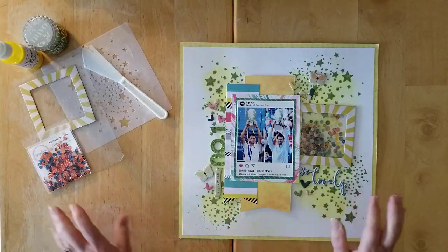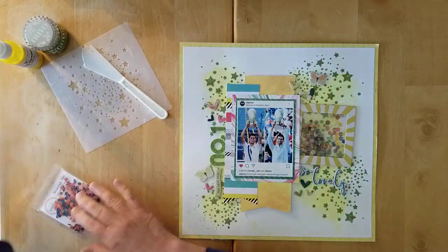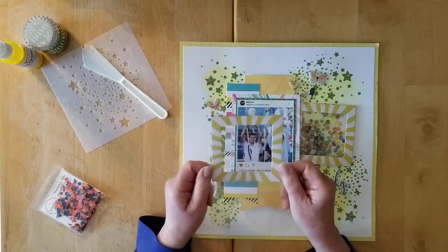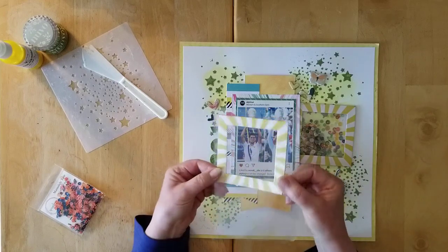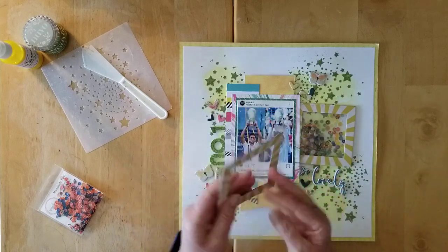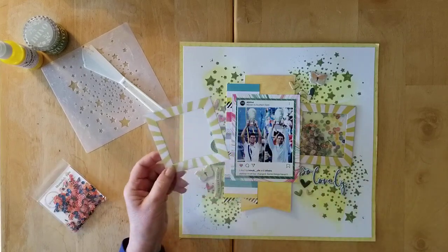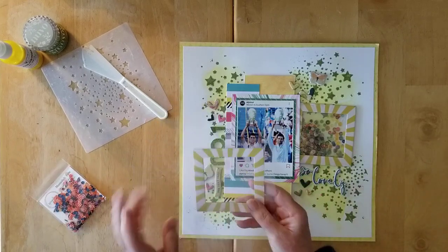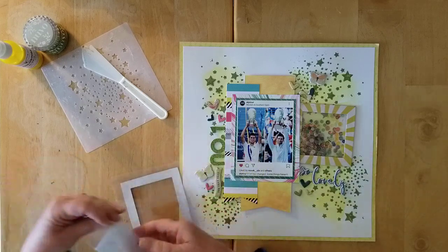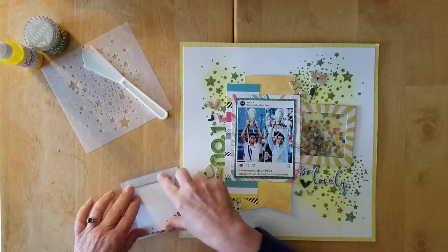I do have just a teensy little bit of it left. And I used this chipboard frame. Now you see the Chanel chipboard frames came already mounted on plastic, so I left that exactly as is. And then I used Crystal's technique, which I think is really, really fun, of being able to do a shaker pocket very, very easily. And that is basically to just stick the pouch right on the back,